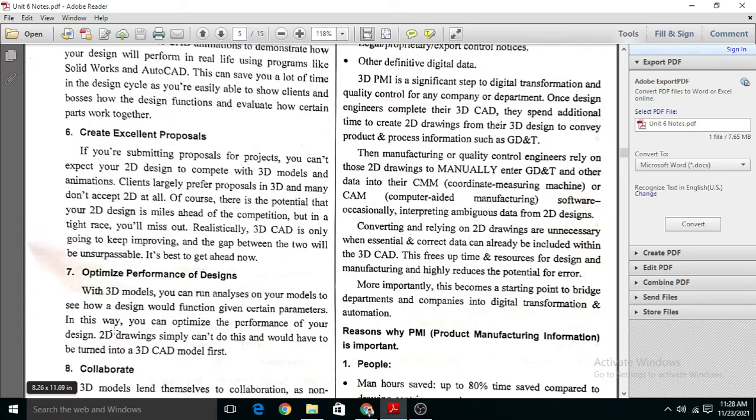Means if we want to make the analysis of this object, the 3D model we are creating, we can easily analyze this object by using this 3D model, but by using a 2D drawing it is difficult, or we cannot do the analysis of that object. Due to this analysis, we can optimize the performance of the design with the help of 3D modeling.